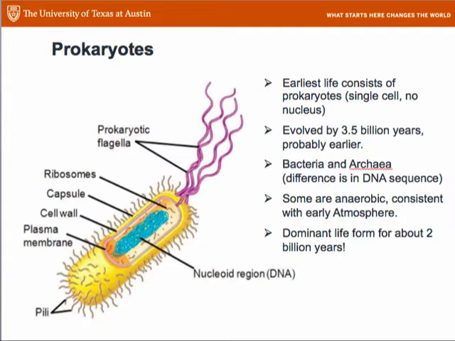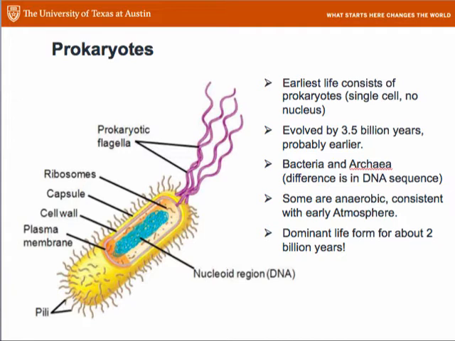There is a nucleate region with DNA and other things in it, but it's not separated from the rest of the cell. There's a cell wall, of course, and a plasma membrane. The earliest prokaryotes evolved about 3.5 billion years ago. Both bacteria and archaea developed at that time. There is a difference in the DNA sequence between the